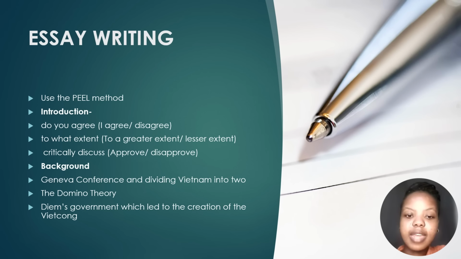And then now you get to your conclusion. You're supposed to conclude. When you conclude, you retake your stance. You say again, in conclusion, I agree that maybe the USA did not succeed in containing the spread of communism in Vietnam, because you state your reason and then you tell us what your essay has discussed. I hope that makes sense.